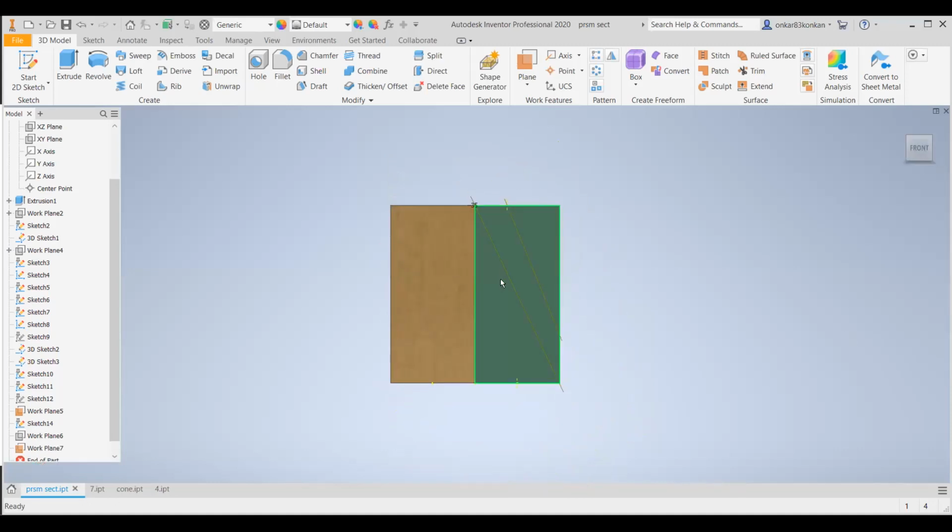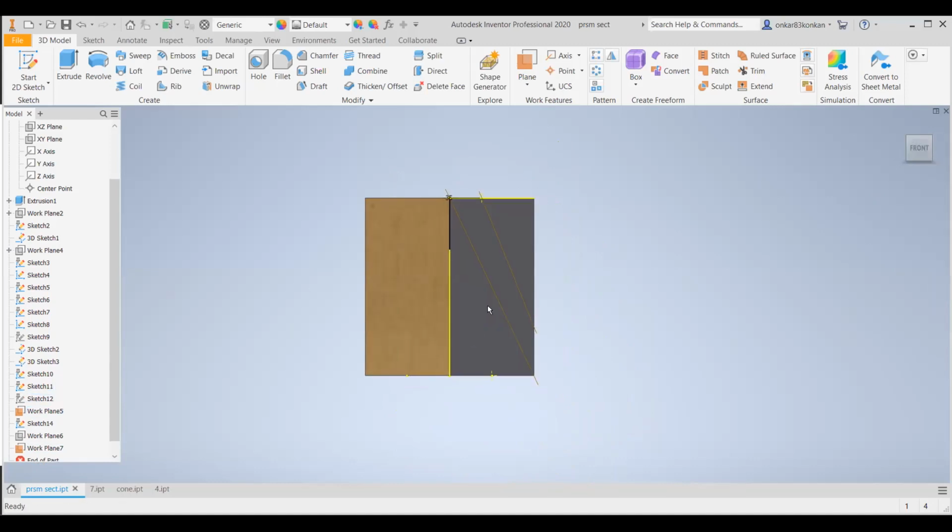If you select the position of this section plane, which will pass through these 2 points, then you will obtain a true shape as a triangle with the maximum height and with the maximum base. Okay. So let us observe the true shape by removing this portion.